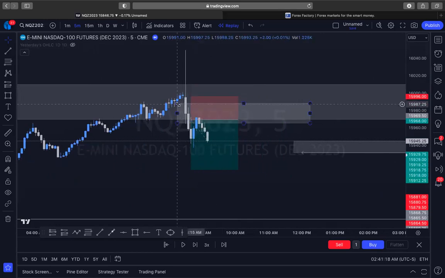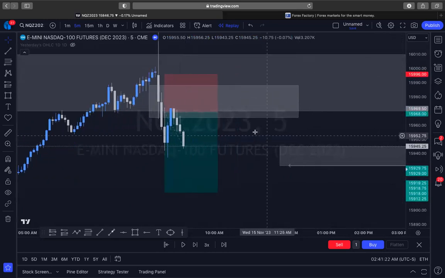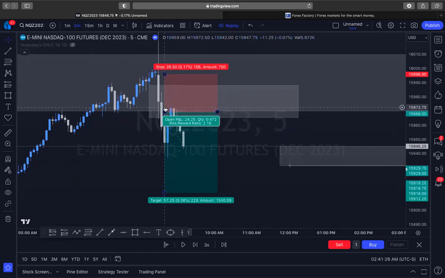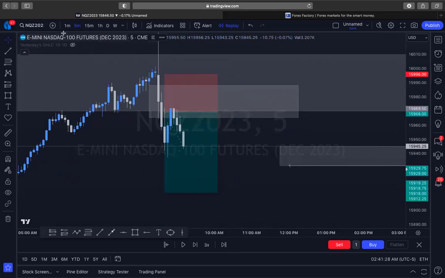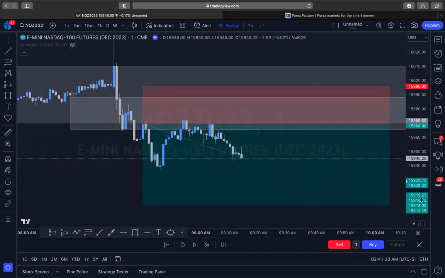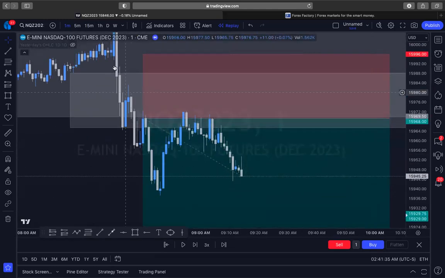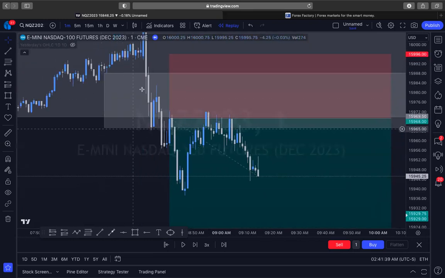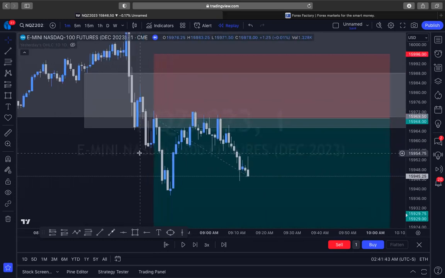What did this create? If we look at this box that I created, that's on the 15-minute time frame. But if you look at the 5-minute, your entry would have been right here, or my entry was right there. If we look even lower to the 1-minute time frame, this is what my entry looked like. So we drop lower, we make this huge market structure shift down, right? We're breaking all these lows. Continue down, continue down.